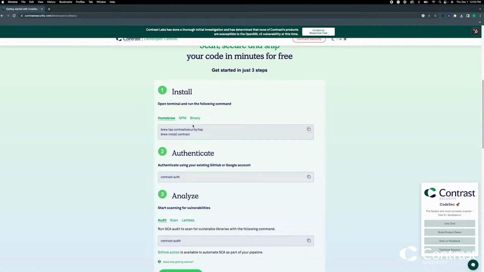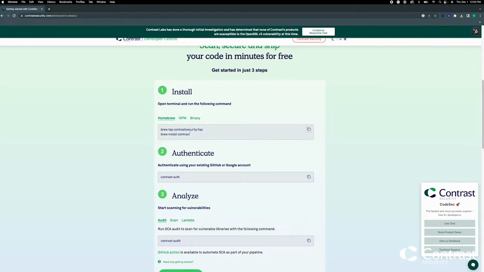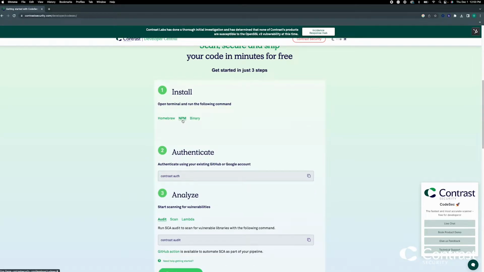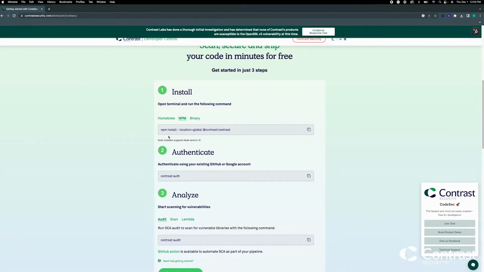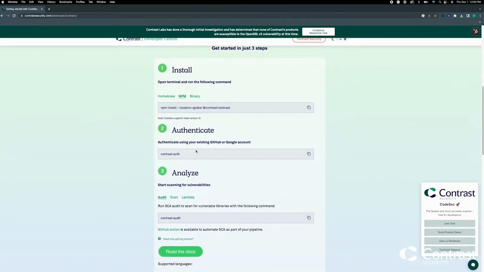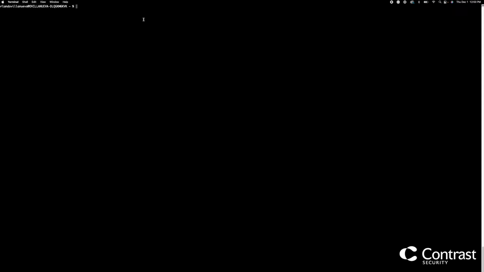You can install it with various package managers such as Homebrew, NPM, or Binary, right into your CLI by just copying and pasting the following commands. It's very simple to copy and then head over to your terminal and paste the command in here. I have already installed CodeSec in my CLI, our command line interface, and all I really need to do now is authenticate. So just copy the command contrast auth,